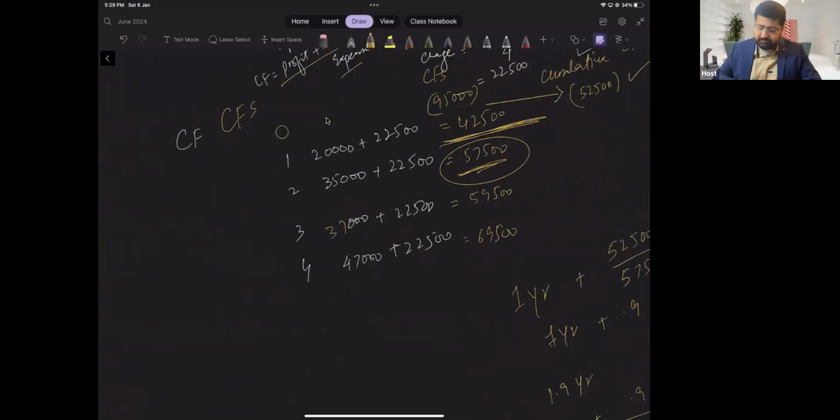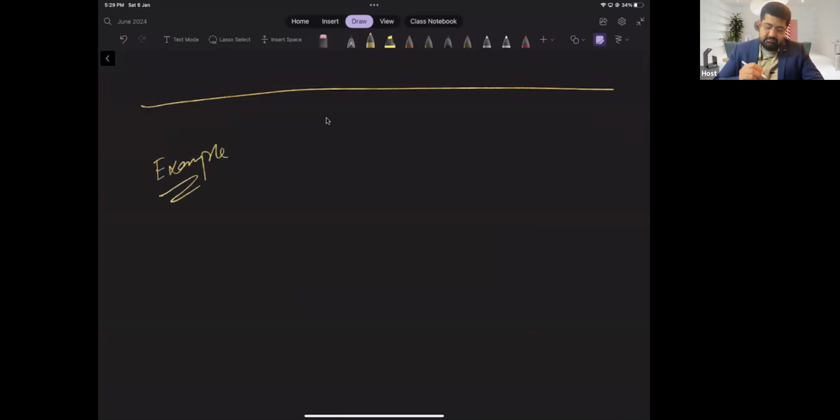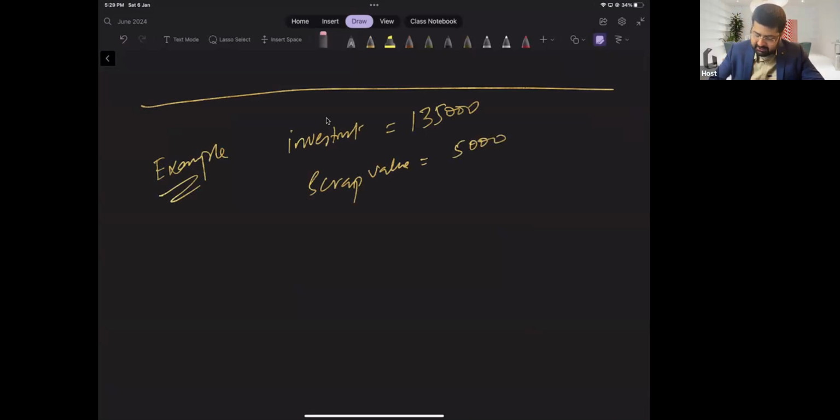Next, we proceed. Another question. Example. Investment is 135,000. Scrap value is 25,000. Make it 15,000. Life is 4 years. And depreciation charge is at 20%